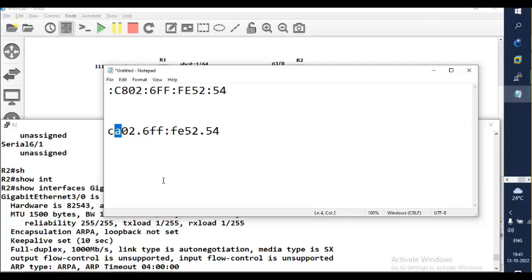Before IPv6, for virtualization, they reserved some range of MAC addresses. They found that if you don't invert the seventh bit from the left, if you don't change that 8 into A, if you leave it as 8, it may work fine on the physical environment, but in the virtual environment,